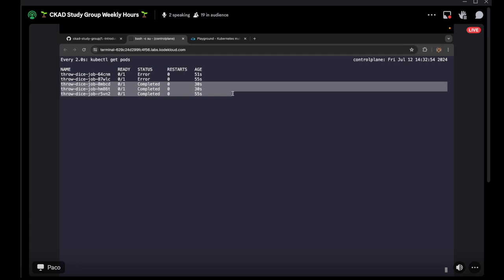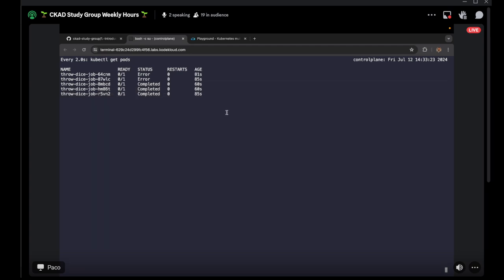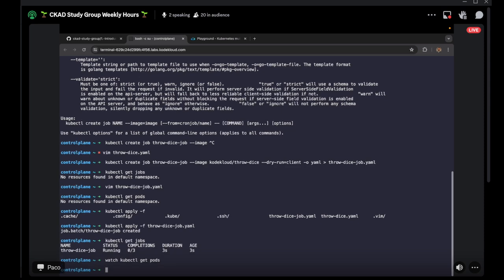So jobs, why are they useful? Well, if you need something to be done several times by the same pod, some tasks, jobs are really useful, right? And you can play with jobs as much as you want. Why do the other two jobs have... Okay, let me finish and I'll tell you. So if you need to run tasks several times, jobs are really useful. And answering your question,